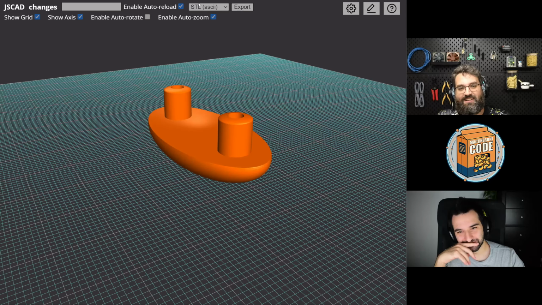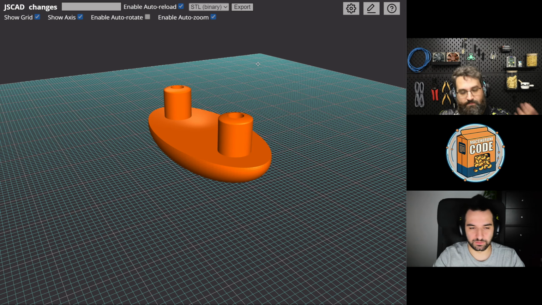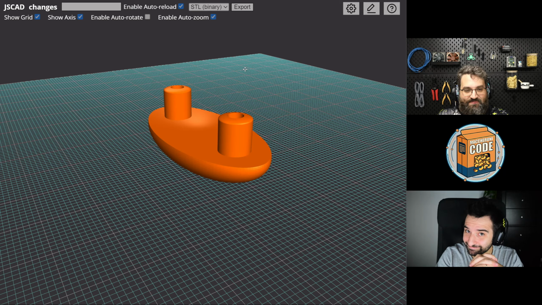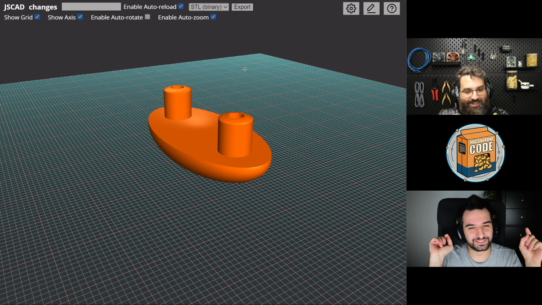Probably a bit more, but at this point we just need our STL file because we are going to print it. You can choose various formats, but in this case we care about STL binary. So yeah, we just downloaded our file and we have it on our machine. And now it's time to put it in the slicer, and we're gonna totally skip that step.